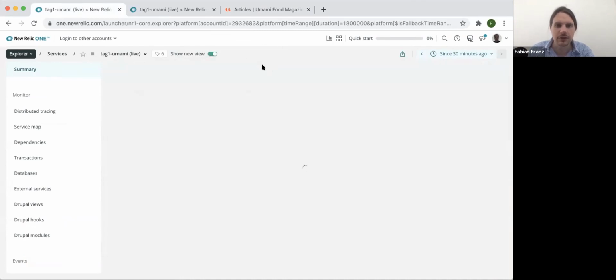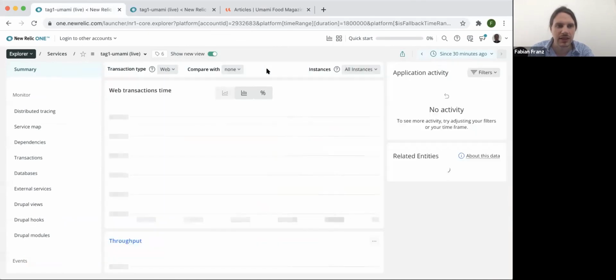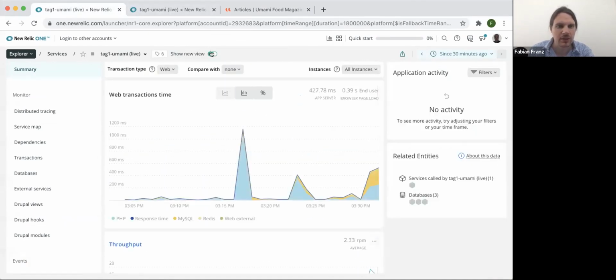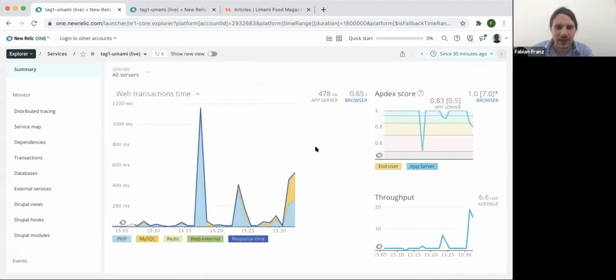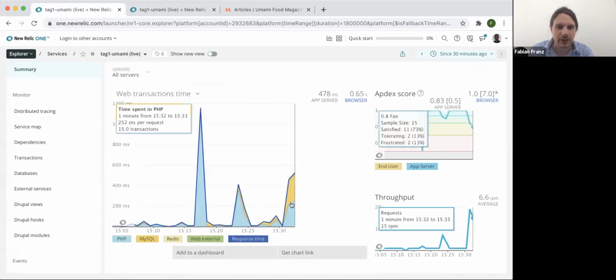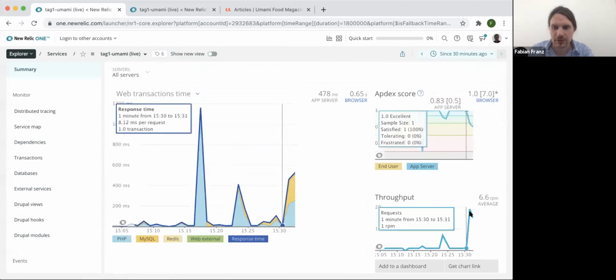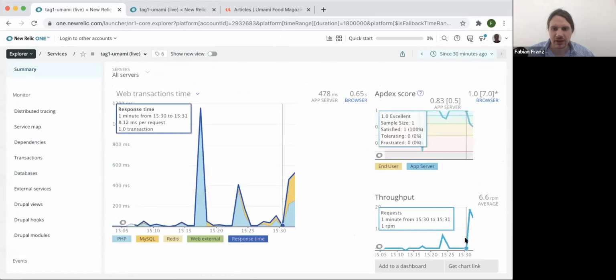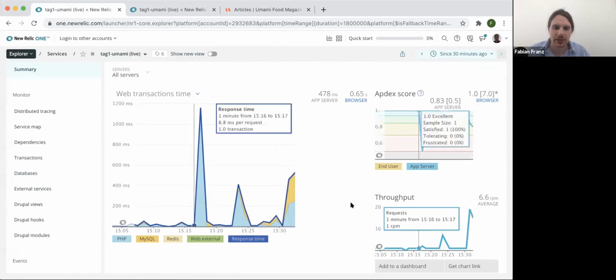We have two different views available now. There's a new view of New Relic that has recently come, and there's the old view. I personally like the old view a little bit better, so let's switch back. That's also the one I got certified on. So I'm a New Relic certified professional. What we can see here is we are starting to get traffic. Right now we are still at 19 RPM, so not that much yet.